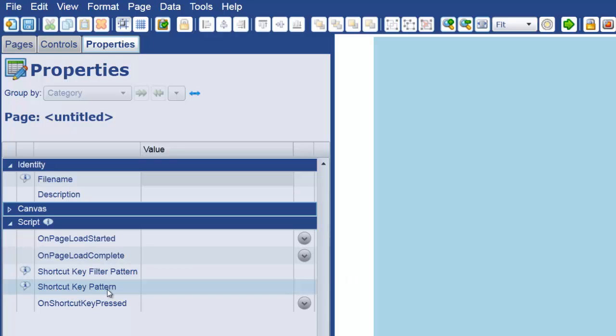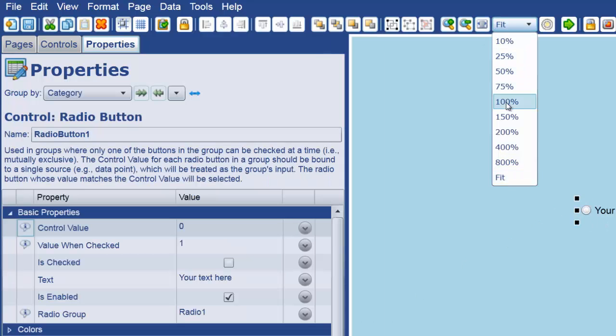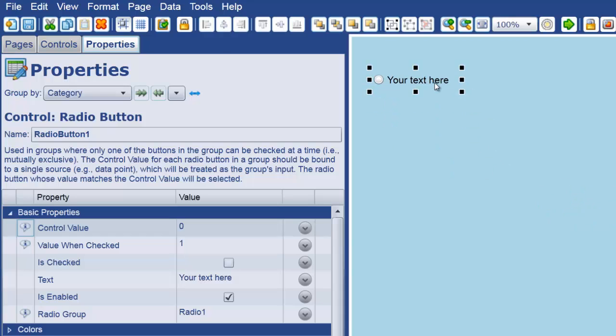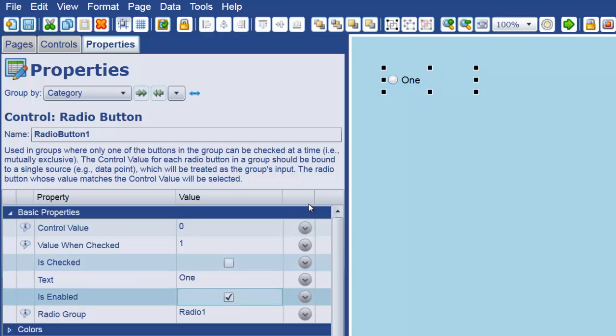We also have a shortcut key pattern, which is the pattern for this particular event, and we have control level mechanisms as well. So the first thing that I'm going to do then, just for illustration, is add a couple radio buttons. Let me just change the zoom of my screen here. So here is a radio button, and I'm going to set this up so that it's actually a collection of